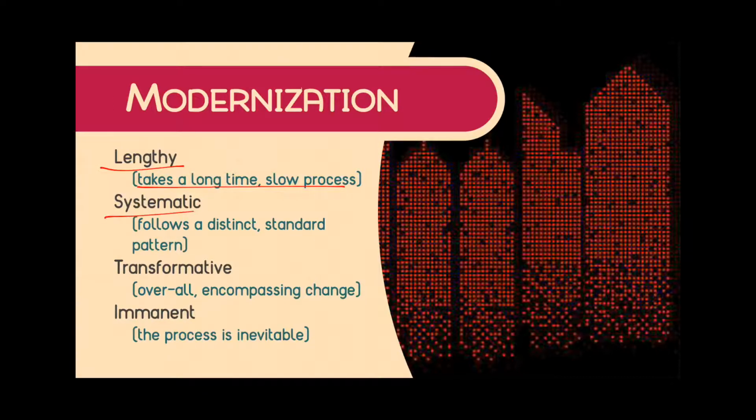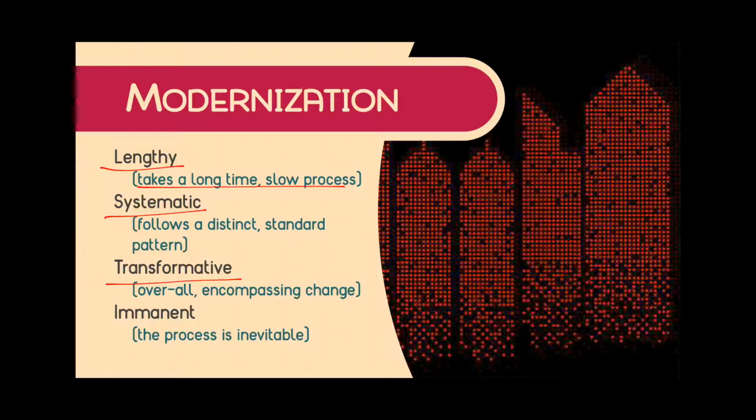Next, it's systematic. It follows a distinct standard pattern that is common to everyone because we have a common metric that is used all over the world, and it's transformative. It's overall. It's an encompassing change. It will permeate even the most minute experiences in life. It can talk about how governments govern, how churches run their religious services, how schools do their education, to more mundane, minute things like where do we get our resources, how do we cook our food,